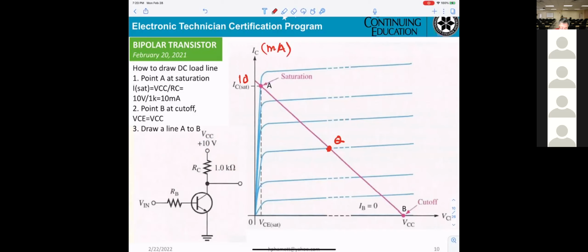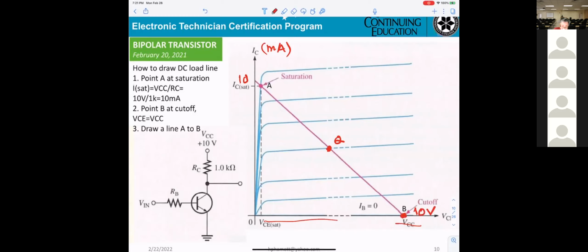That means you get one point. And the second point, point B, cut off. At cut off, VCE equals VCC. That means at this point, you get 10 volt.